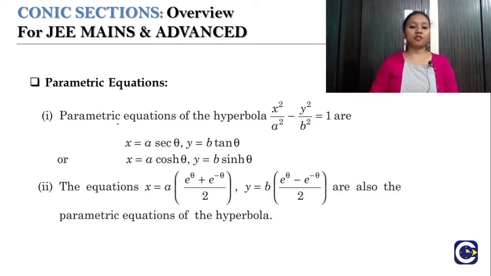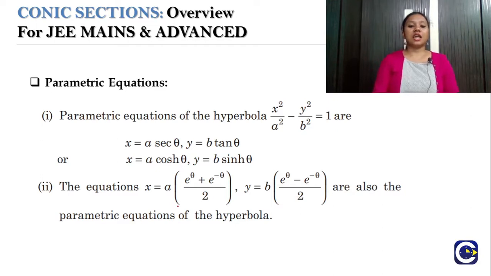So in terms of the parametric equation of this hyperbola, x square by a square minus y square by b square is equal to 1, that is given by x equal to a secant theta and y equal to b tan theta. If you substitute and see, that will give you the parametric form of the equation of the hyperbola. In other words, you can even write it using the hyperbolic functions.